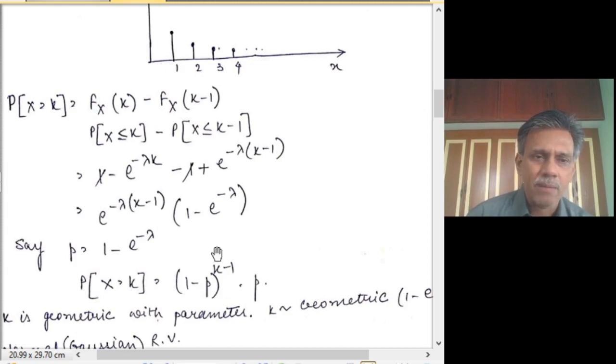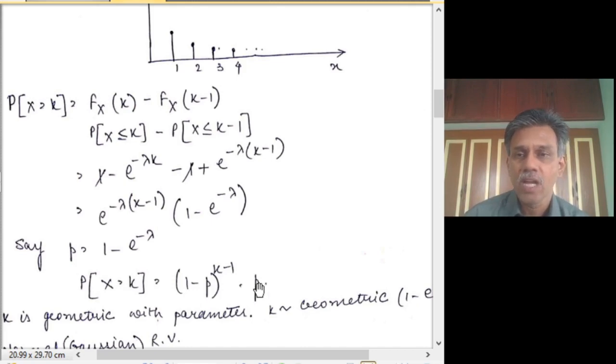So from that, because 1 minus this is e power of minus lambda, this is (1 minus p) power k minus 1. So we can write this as probability that ceil x is equal to k is (1 minus p) power k minus 1 into p, where p is simply given by this. So what we find is the ceil of x has a PMF of this form, and we know that this is